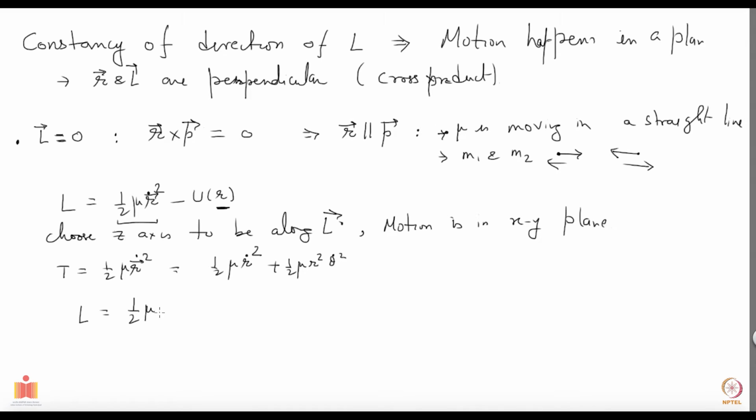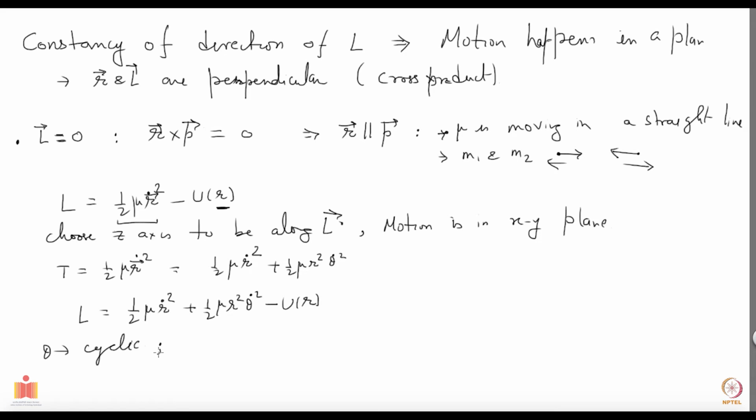Half mu r dot square plus half mu r square theta dot square minus u of r. Okay, this r is just the radial distance. It's no more a vector because we also have theta now, and this is the Lagrangian. And we should always look whether something is cyclic here, and indeed it is. You see that theta does not appear anywhere. The r does appear, of course, everywhere, but theta does not, which means theta is cyclic,